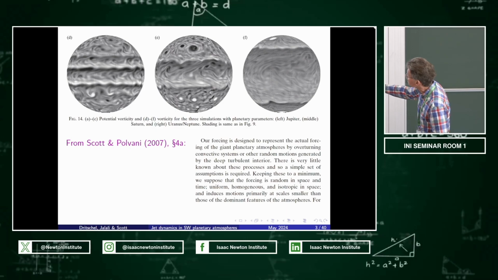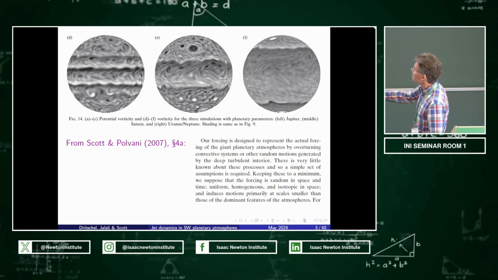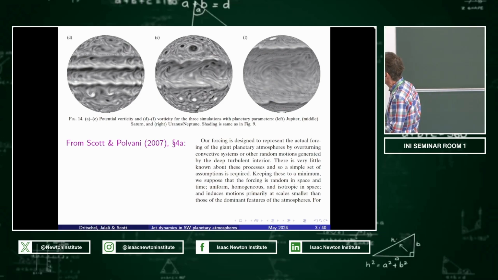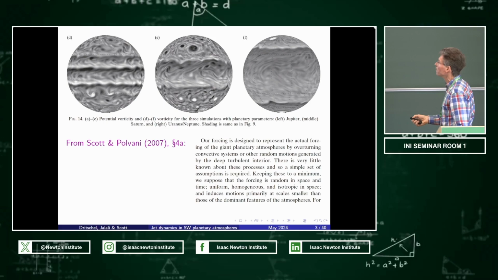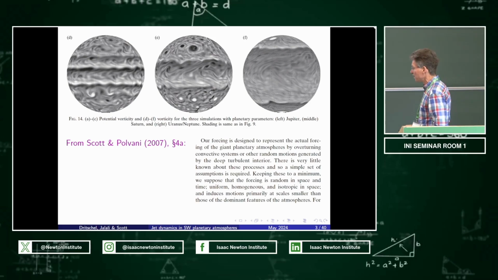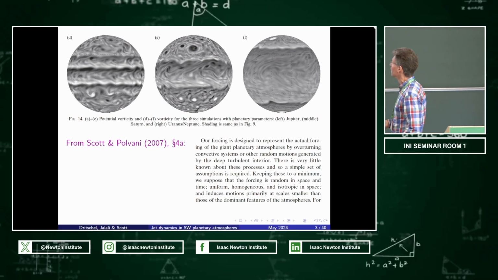No, it could be potential vorticity. It's hard to tell what they've done here with the color scale. But you see the emergence of jets appearing here, although they're very diffuse. Of course, you can give them some credit. This is back from 2007 and earlier, so you couldn't conduct a shallow water simulation at very high